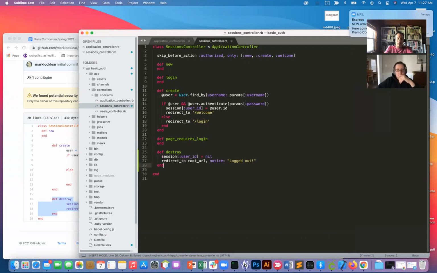Session user ID. Okay, yeah, session user ID. Yeah, you got the same thing up here. So yeah, basically all that does. And then, I mentioned looking at the